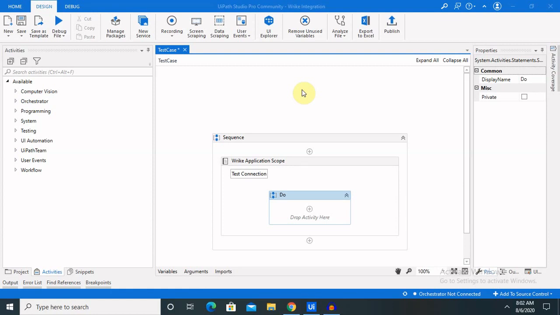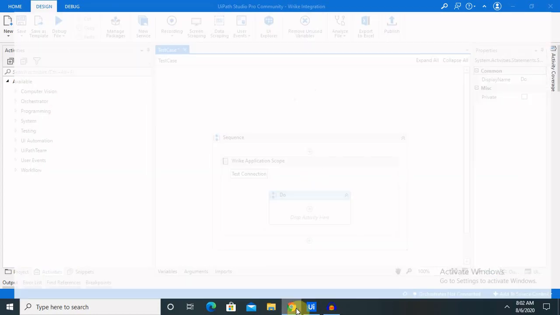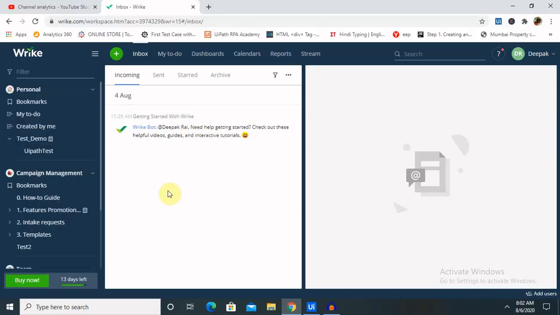Here we begin with the actual content of integrating UiPath with Brick. Before starting, we will need three major components to integrate with UiPath. First is Brick login credentials, or you should have an instance which is already created for integration. If you don't know how to create this, I will mention the other topic or video which will help you create a free or trial version account for your demo purpose.